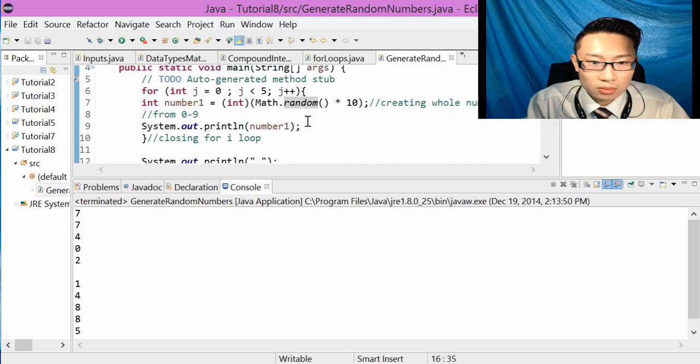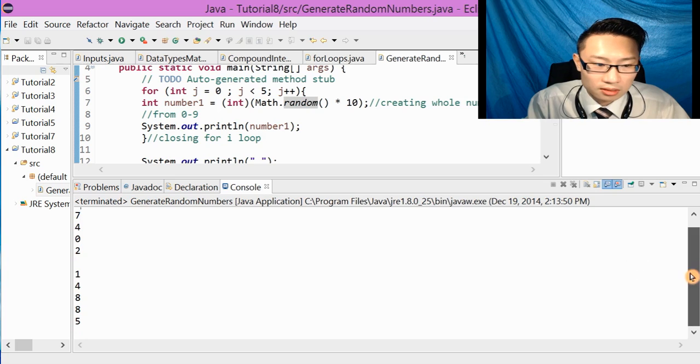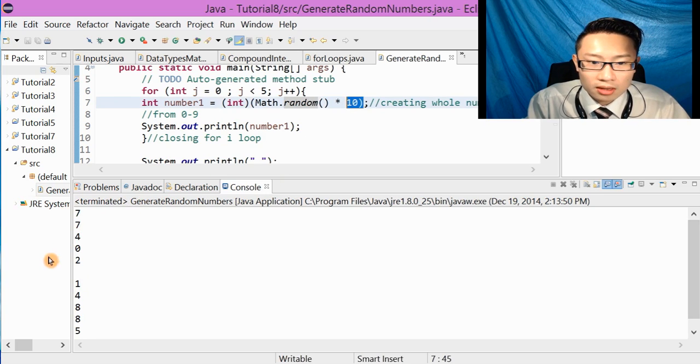And this one, 0, 1, 2, 3, 4. This one should print out 5. Oh, here. It did print out 5 numbers. Okay, so I have 5 random numbers here and 5 random numbers here. This one without the 1 has a 0, and this one with the 1